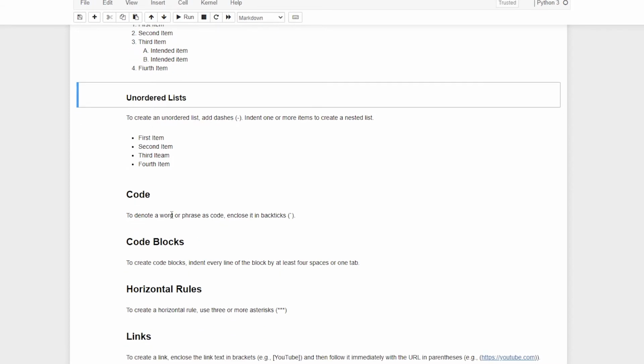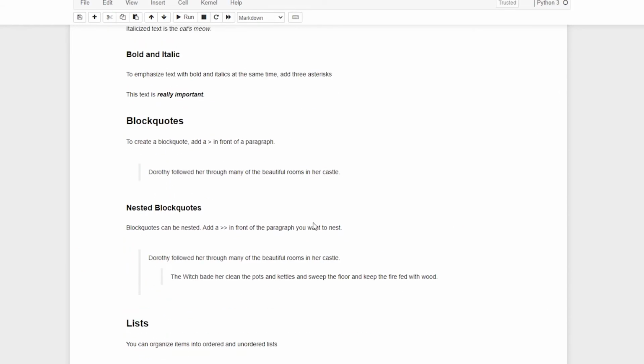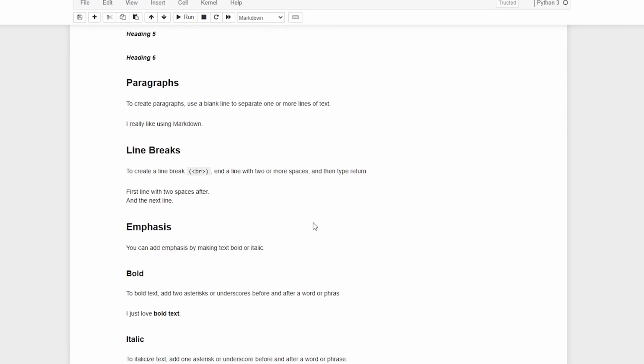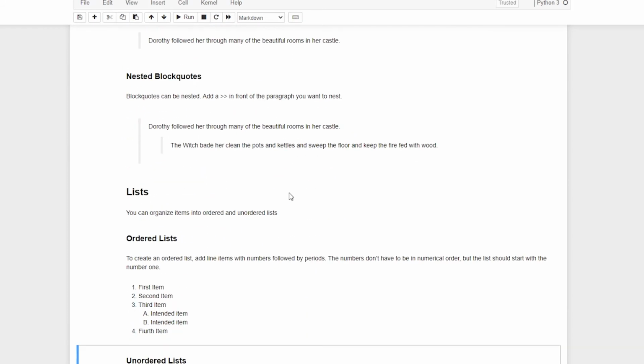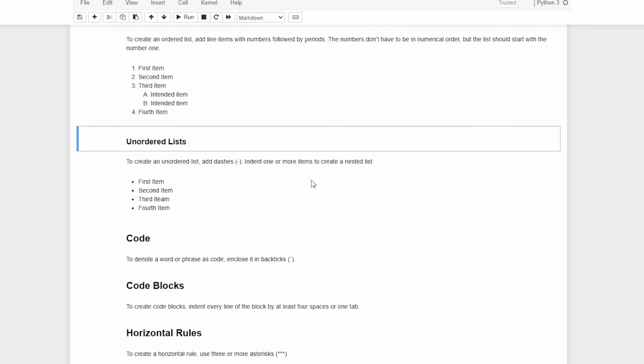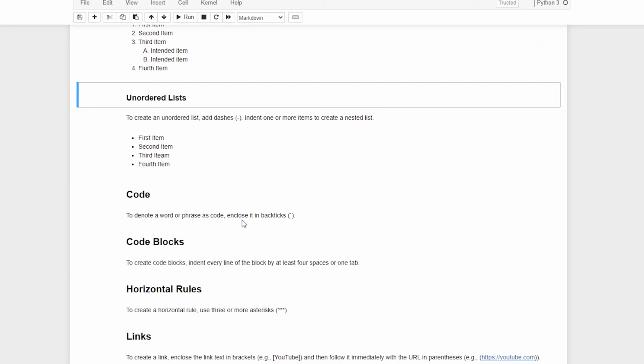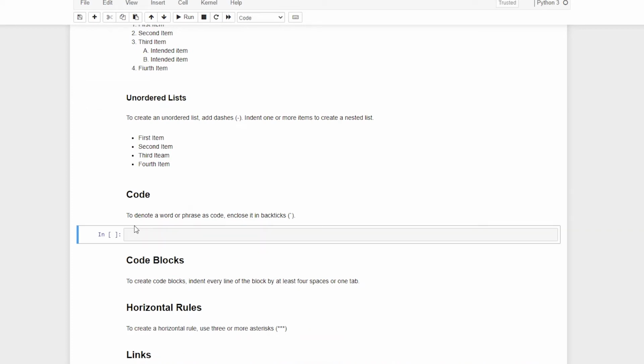Now code is sometimes you want to go ahead and maybe just add a br tag. For instance, I did go ahead and create a line break. I have used this br tag, which is actually a piece of code, or I can say just a piece, right? A small piece. Okay, so if you want to do that, you have to enclose it with the backticks. And how do you do it? Very simple.